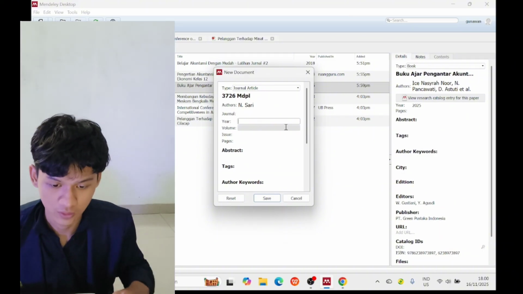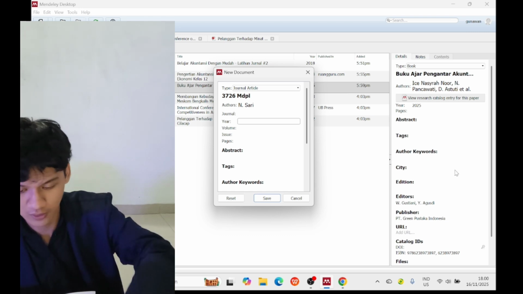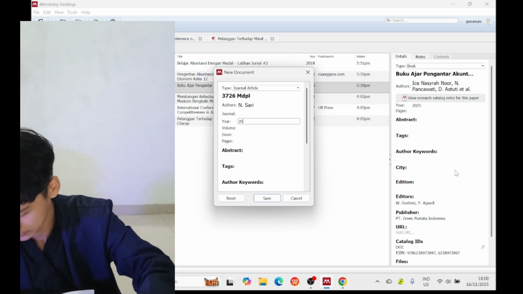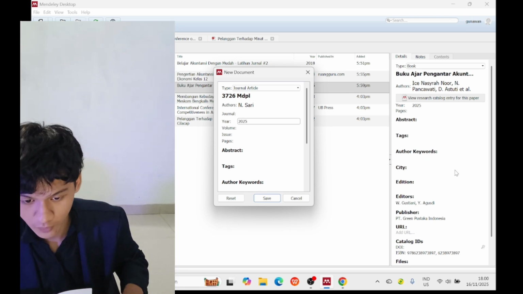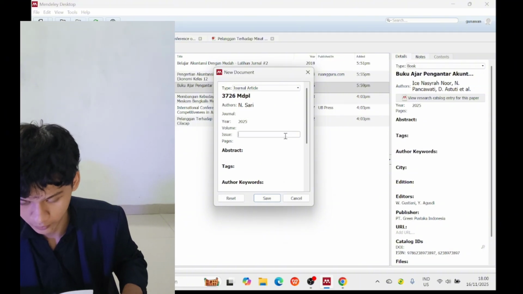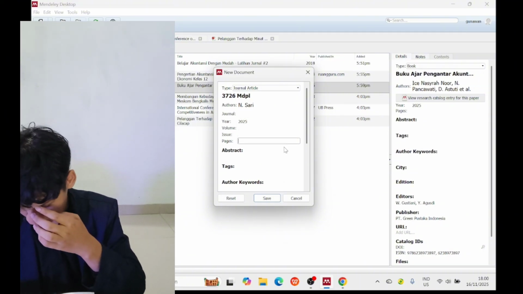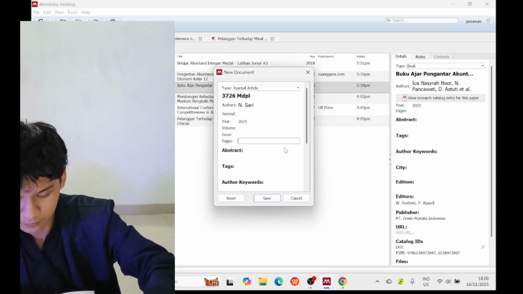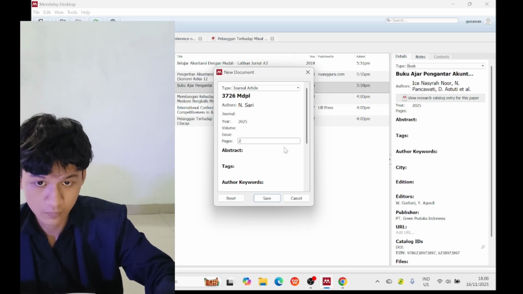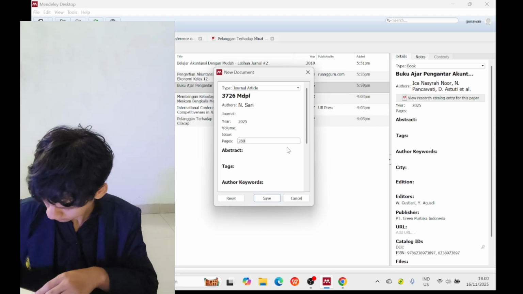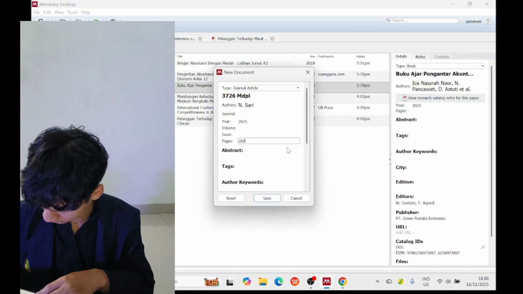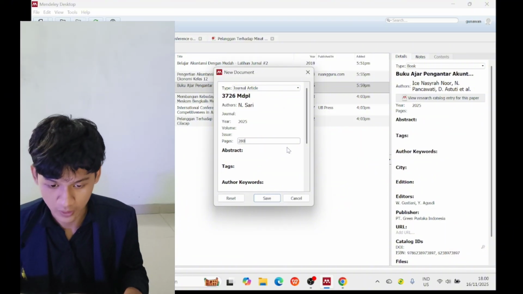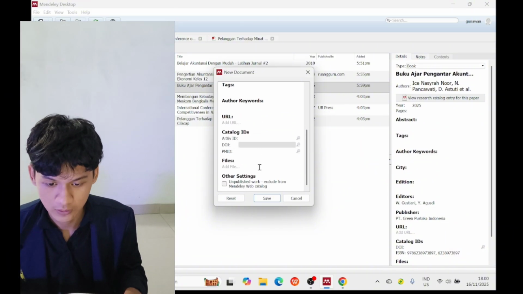The year this book was published is this, and it has this many pages. For the ISBN we can add too.